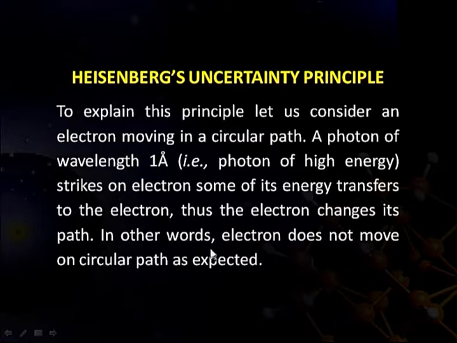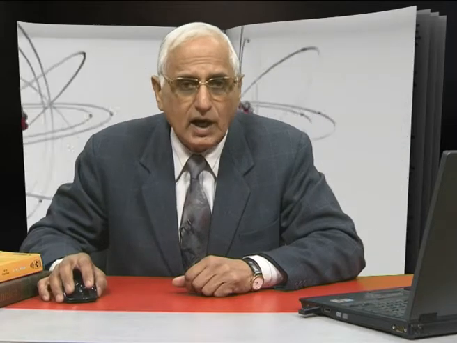In other words, electron does not move on circular path as expected. Due to change of path of electron, its velocity also changes, and hence the determination of the exact velocity becomes impossible, although the measurement of the position or the location of the electron is certain, since it can be observed